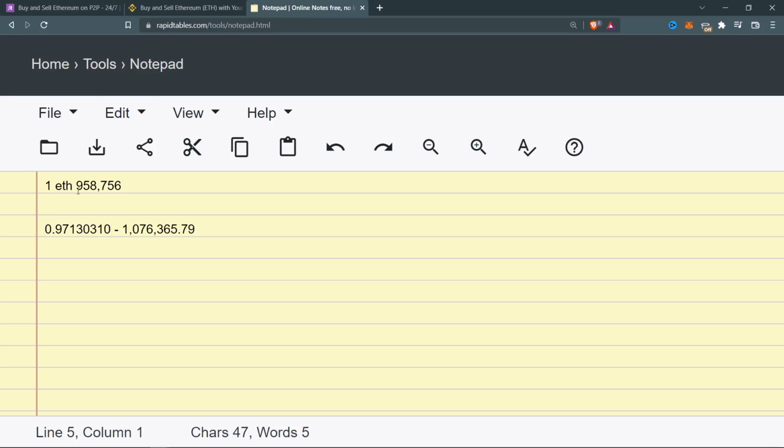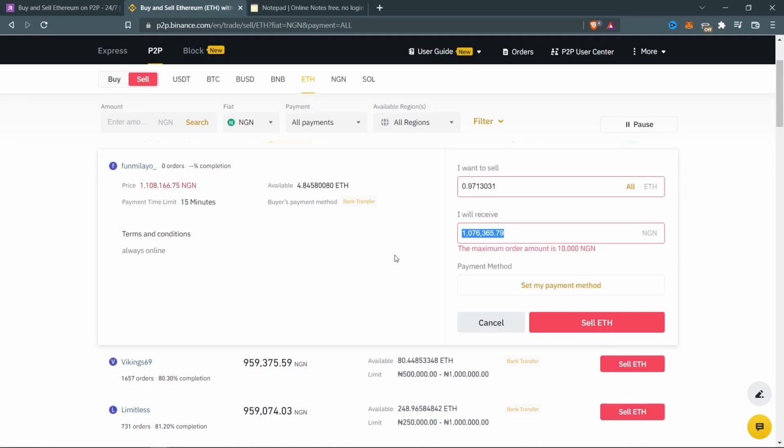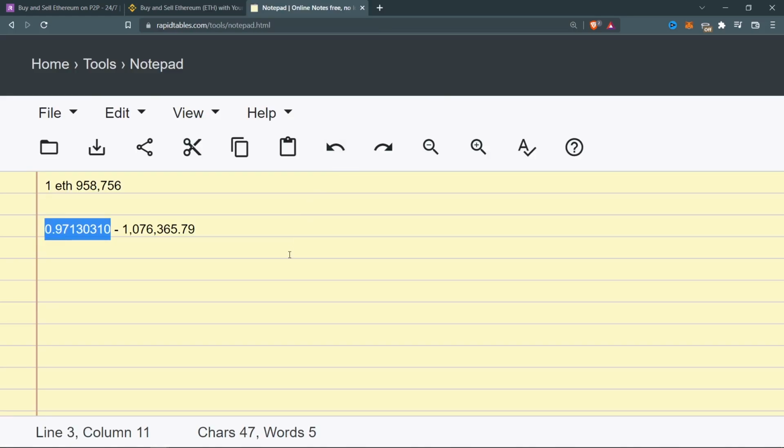So remember that I spent 958,756 to get this amount of ETH, and if I sell this amount of ETH on Binance, I'm going to get 1 million NGN. So this is the amount that I'm going to get by using this arbitrage opportunity. Right now I'm going to show you how exactly you can send this amount of ETH from Remitano to Binance without spending much fees. So I'm going to go to Binance right here, but before I do that,